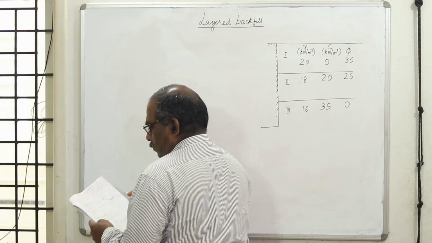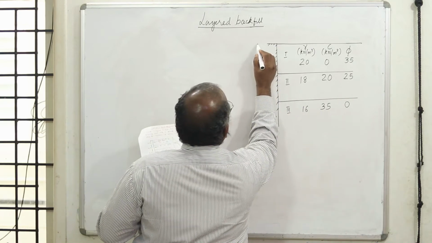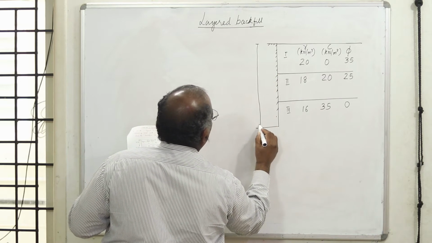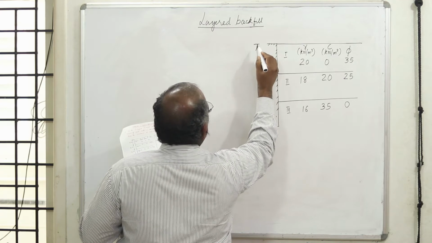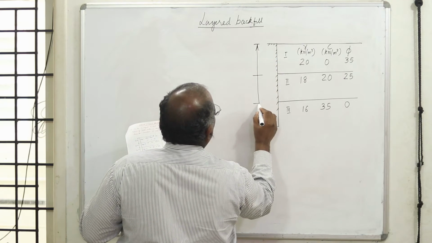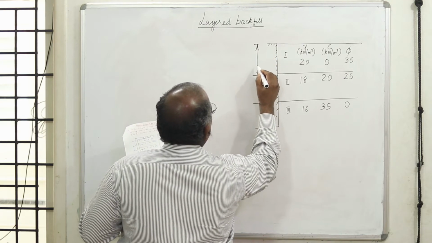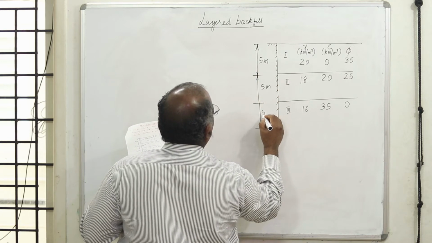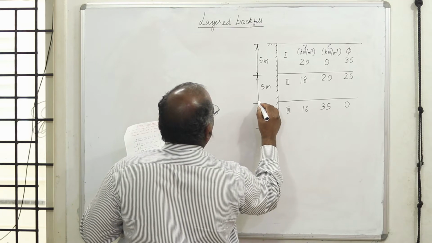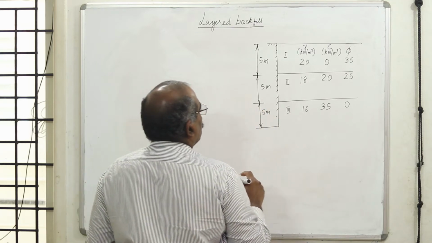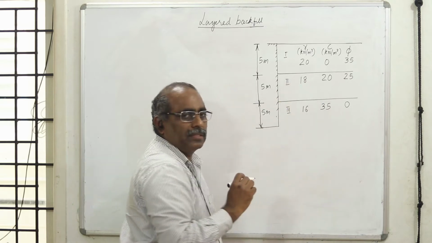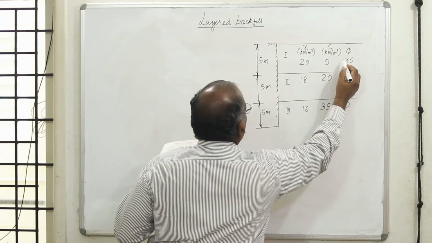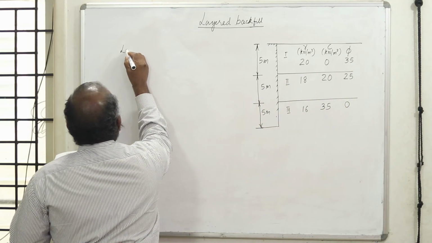Now we need to determine the total thrust. If we draw the pressure distribution, the pressure variation diagram, each layer is 5 meter thick. Now, what is going to happen at the interface has to be understood. First for the first layer, we have got phi is equal to 35. Let us try to find out